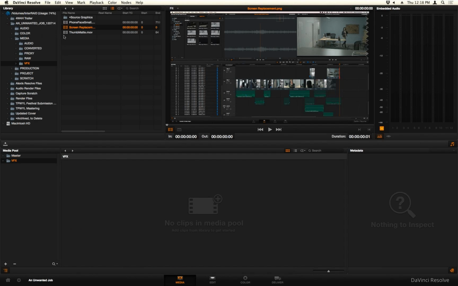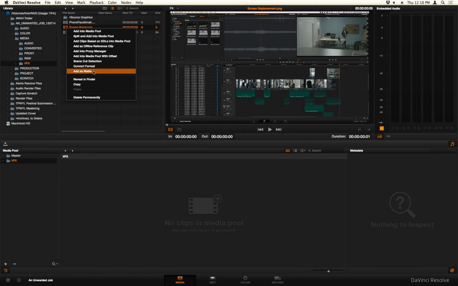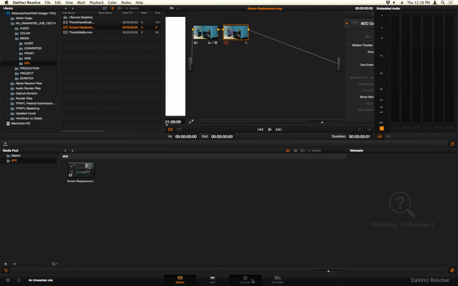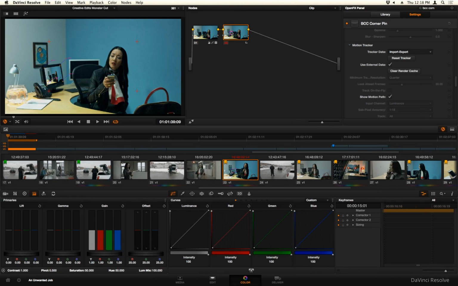Now, to do this the simple way, I need to import this piece of media not as a clip, but I need to right-click on it and choose Add as Matte. This is an unattached matte for those of you who know Resolve. It's not attached to any particular clip, which means I can use this on any clip in the timeline that I want. Once I've done this, I go back to the color page,